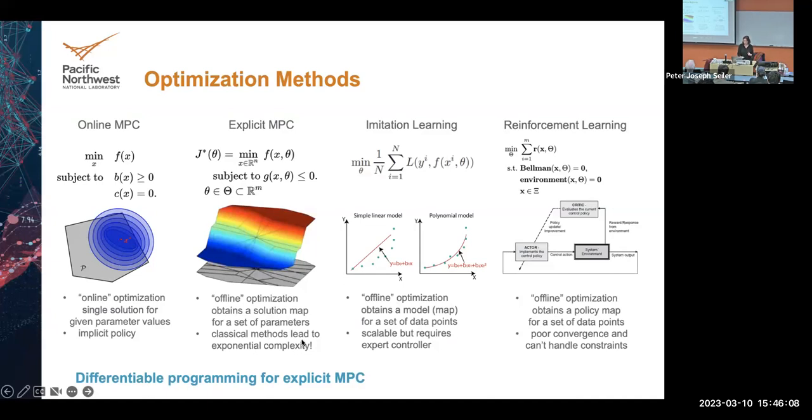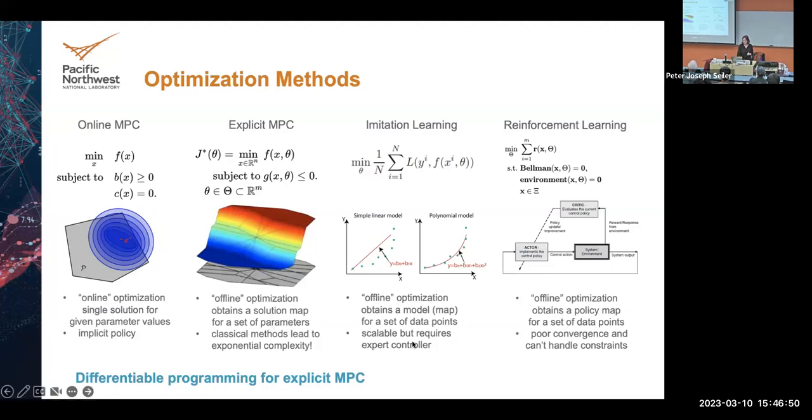A better approach that has been utilized in practice is explicit MPC. Explicit MPC is an approach that solves for a control policy, considering all the possible situations in which the controller might operate in. So it's a parametric optimization approach. However, the methods that have been devised for explicit MPC do not scale very well. So when you go to classes of problems where you have more control inputs and more states, this generation of the explicit control policy is intractable.